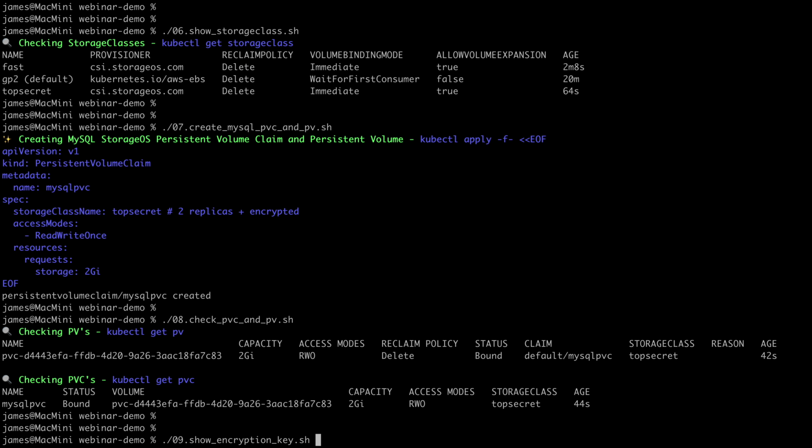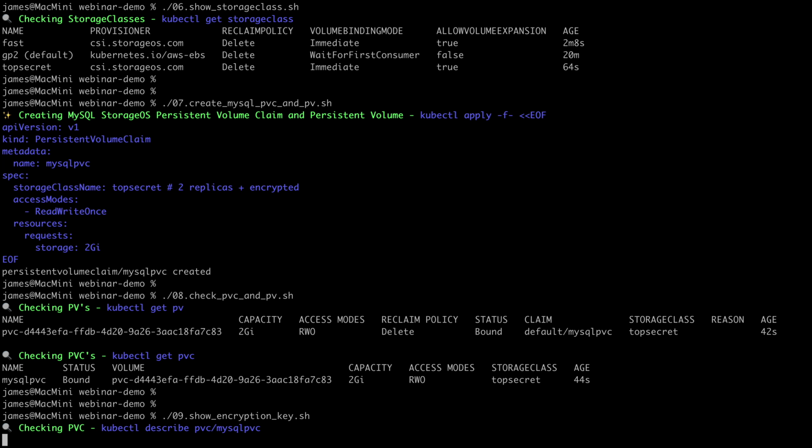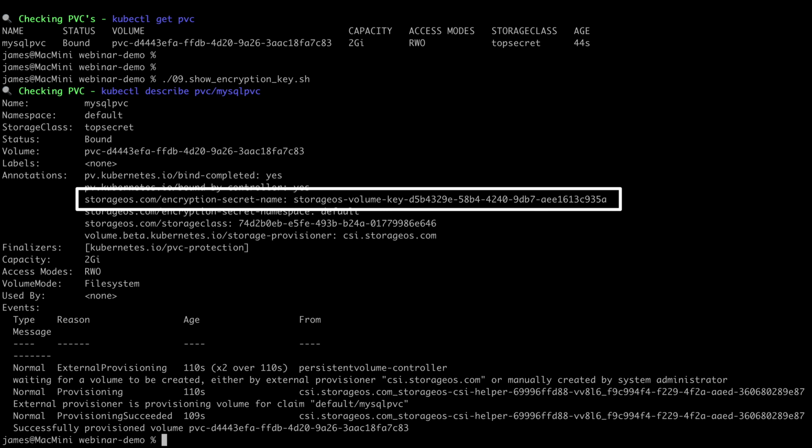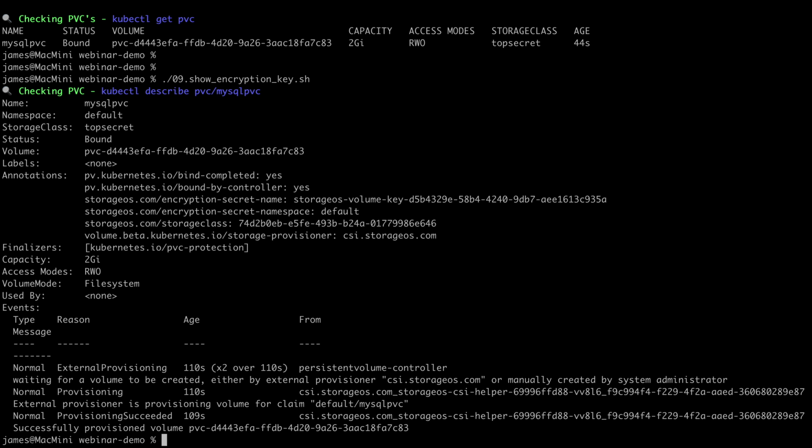And as I mentioned, this is an encrypted volume because we have the encryption option as true in the storage class. So if we take a look, we're doing a kubectl describe on the persistent volume claim, and within the annotation section, you can see that there's a reference made to the secret name. So what we've got there is a secret that is used to hold the encryption keys